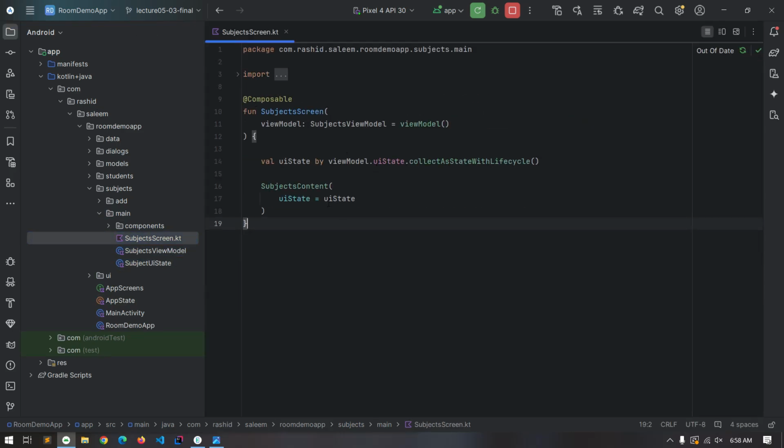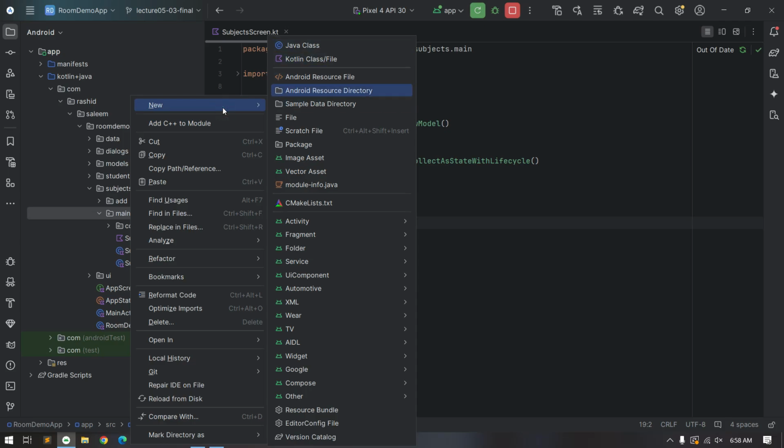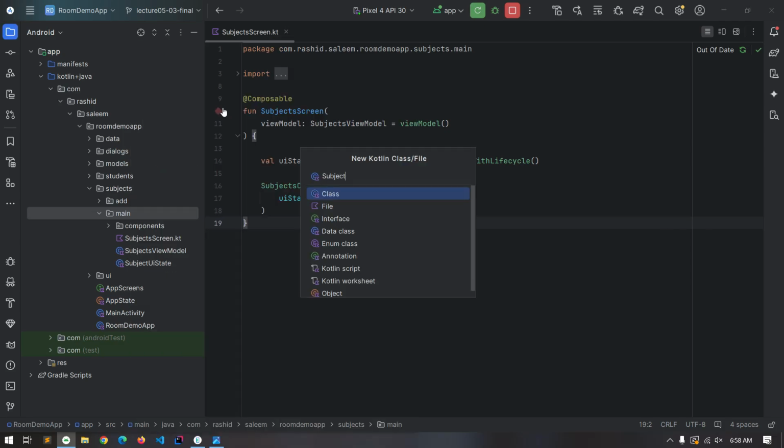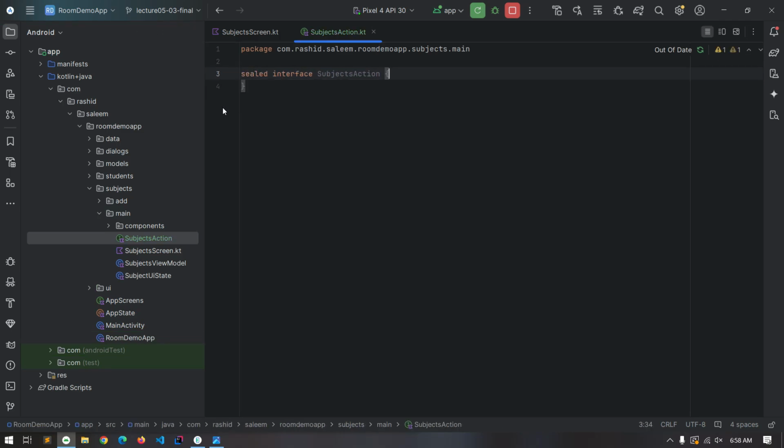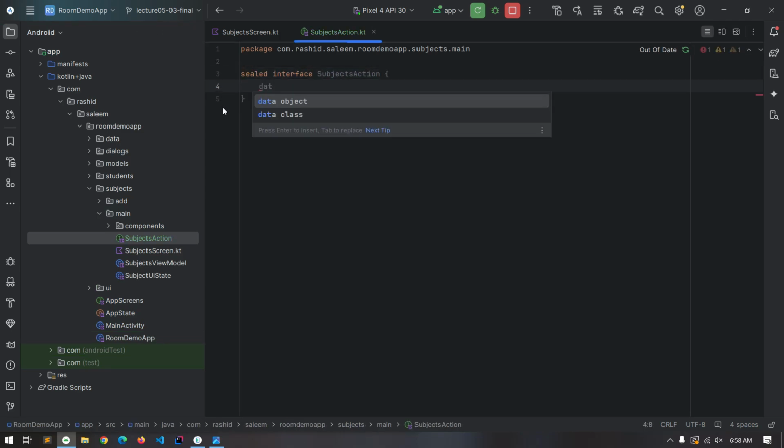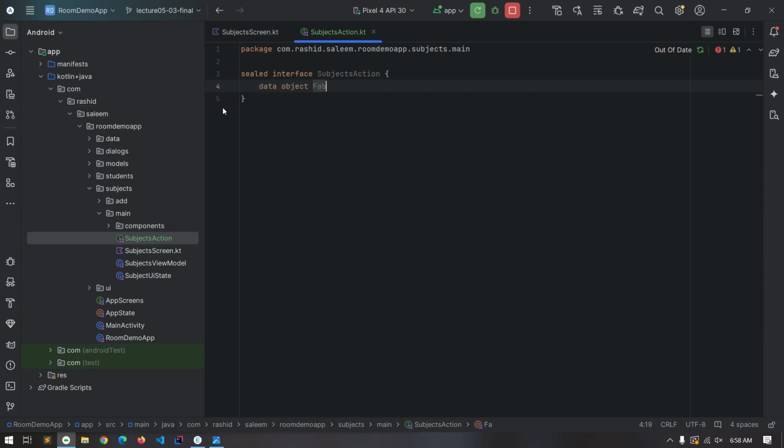We haven't defined actions for this screen, so let's create a sealed class here. Actually this would be a sealed interface, and in this we will create a data object FabOnClick,